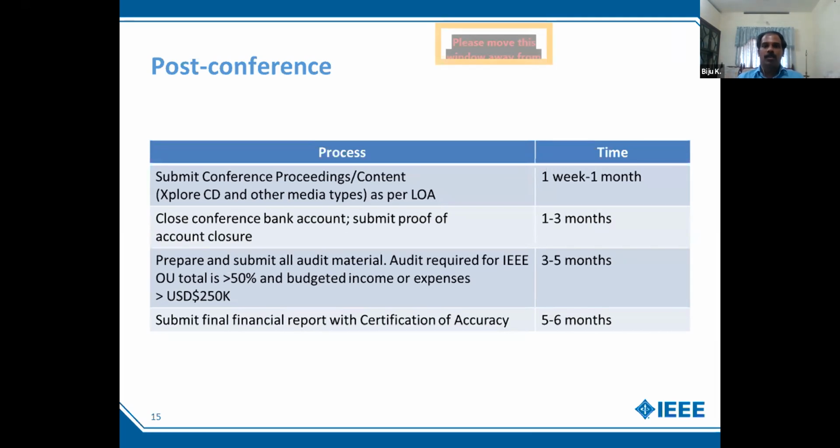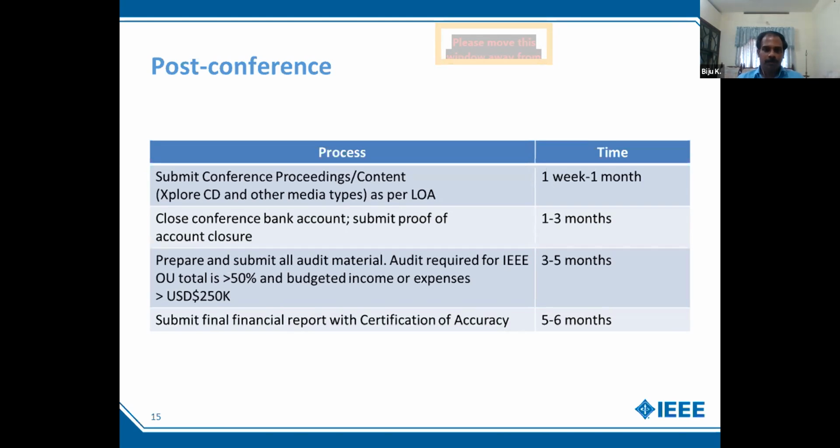And he or she has to close the conference's bank account and submit proof. There is a proof of closure form suggested by IEEE, so you have to show that the conference's account is closed. For most conferences, IEEE mandates a separate bank account, and ideally within 3 months after the conference, you have to close that bank account and send IEEE